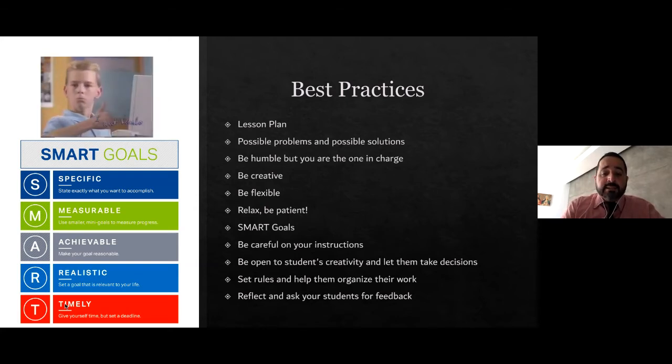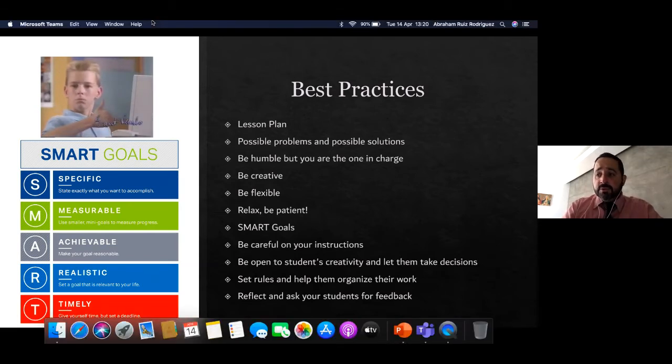And also ask your students for feedback. This is really, really important. When you're using technology, create surveys or questionnaires. How do they feel about using smartphones in the class? Do they feel frustrated? Do they feel happy about it? What problems or issues did they face while using smartphones? Because not everything is perfect and beautiful, right? You will see that. And these are my best practices. Obviously we have more. Probably you can have more ideas about it, teachers.